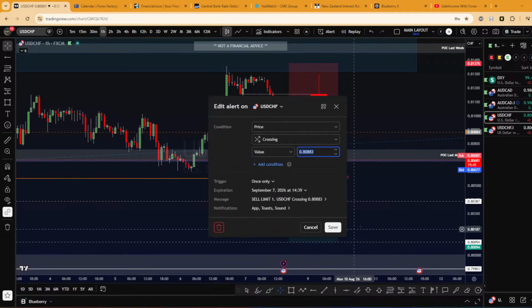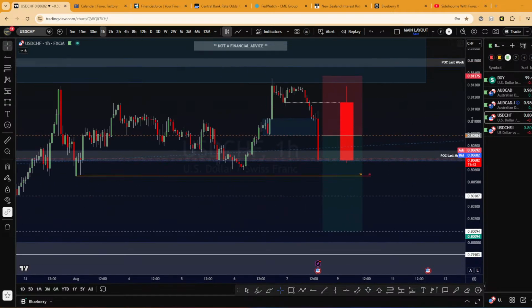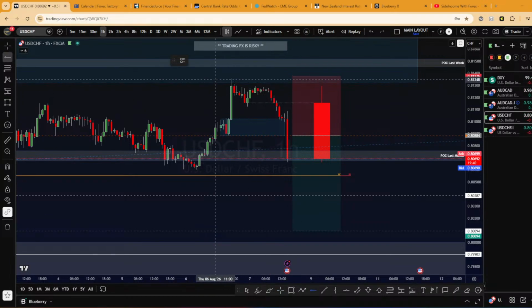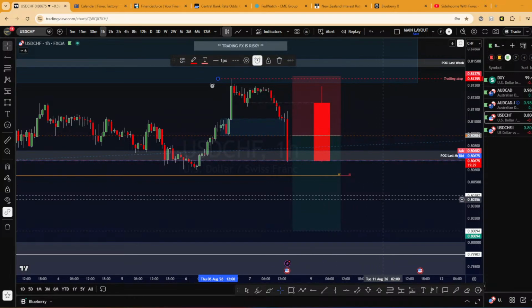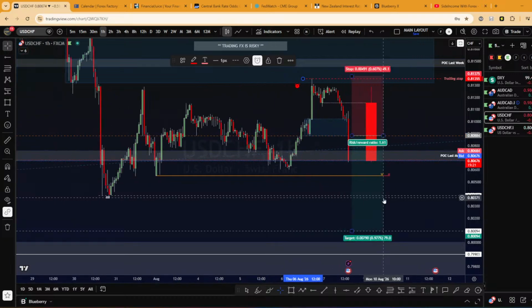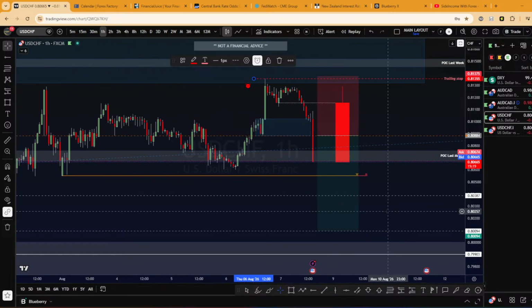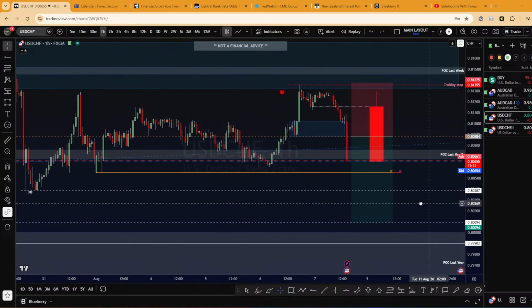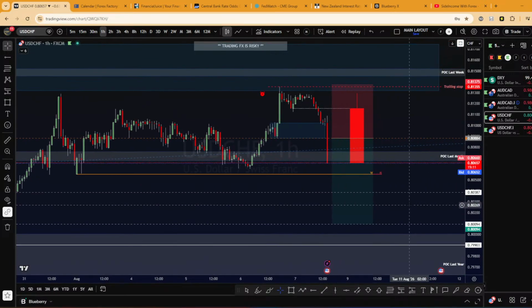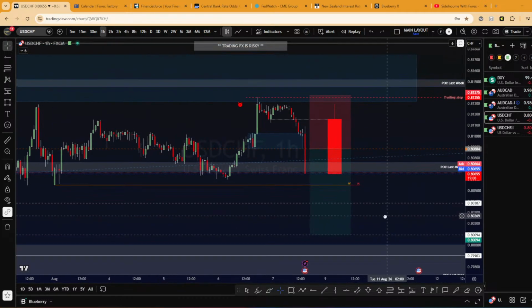Okay, this will be my stop loss. I like to put an alert on my stop, because when I place a trade, I prefer to get out and do other stuff. I don't want to be in front of my chart. I like to let the trade run. If I win, I win. If not, it means I was wrong. Simple as that.